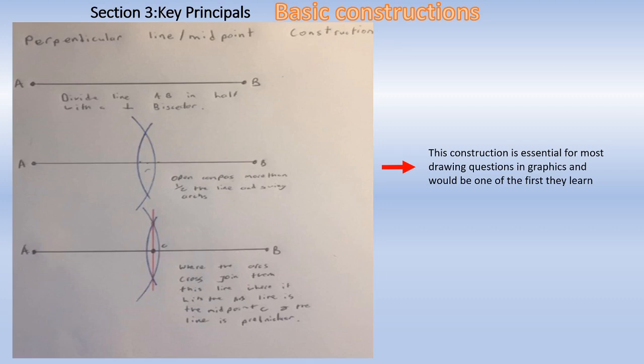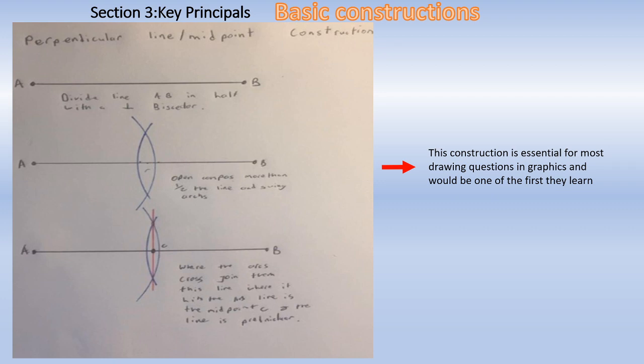So a few basic constructions that you'll need when drawing geodesic domes are first the perpendicular line or the midpoint construction. So as you can see from the diagram I sketched out, divide line AB in half with a perpendicular bisector. So first off you get your compass and you open it over half the line and you scribe an arc on both sides. Where these two meet, we can see with the red line,